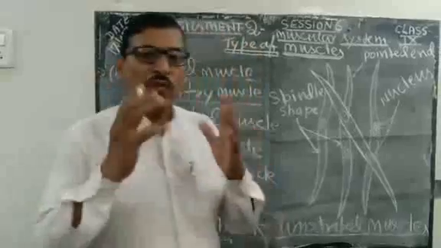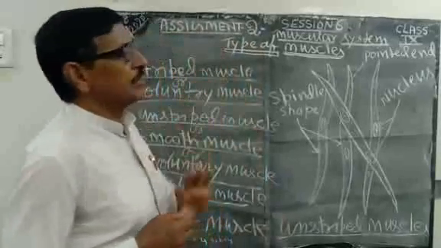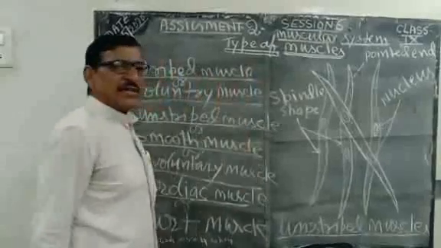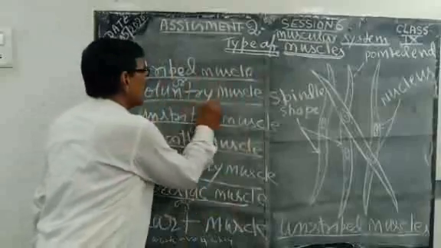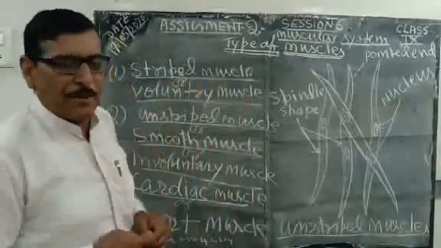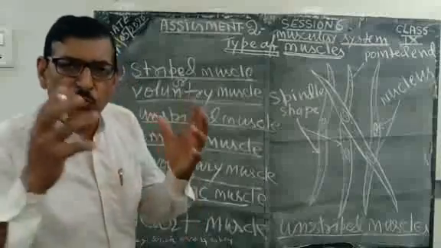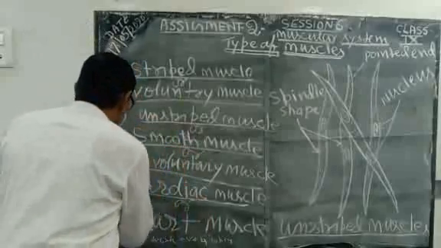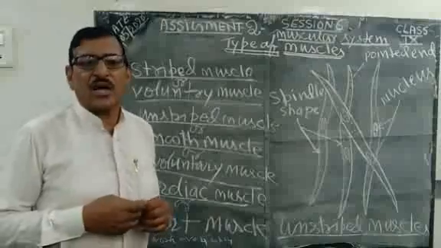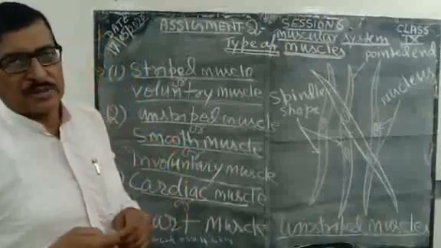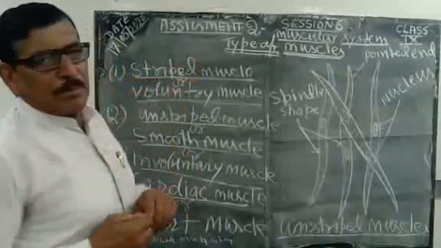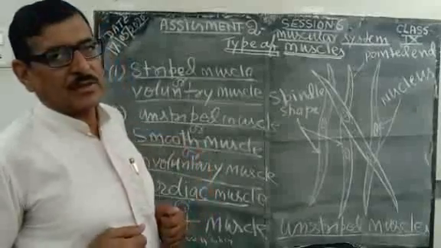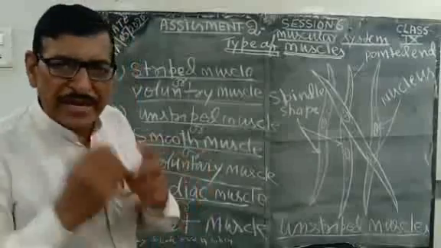Children, we know that there are three types of muscles. First, striped muscles, its other name voluntary muscle. Second, unstriped muscles, its other name smooth muscle and involuntary muscles. Now third, cardiac muscles, its other name is heart muscle. Now children, striped muscle we have already explained in the previous class, but now I am going to explain the